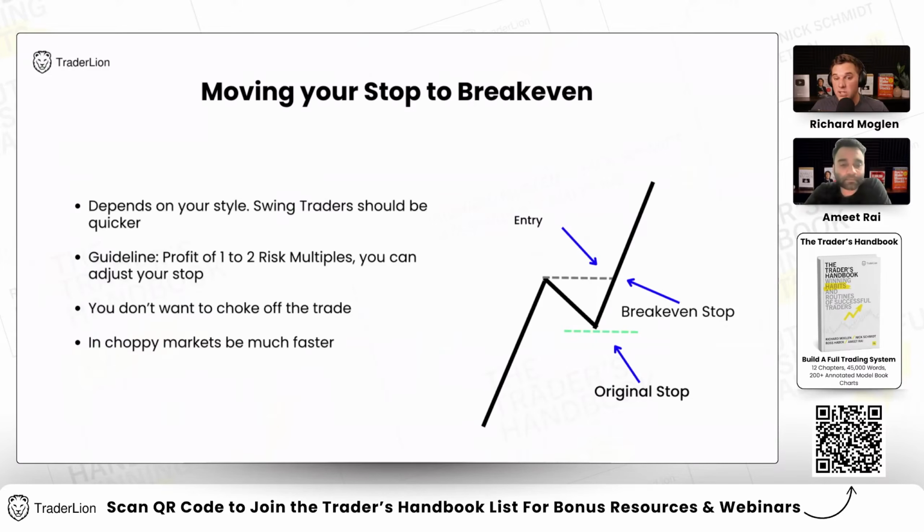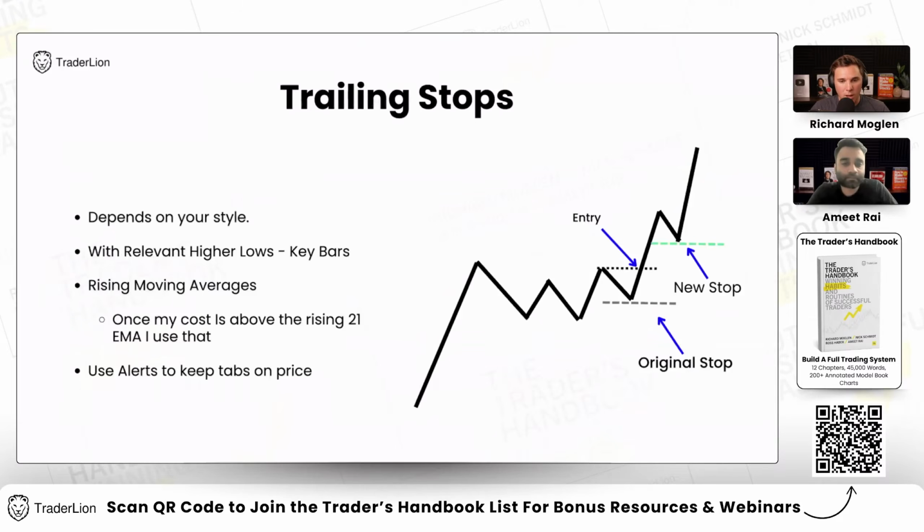And again, in faster markets, choppier markets where things aren't following through, very volatile environments, you can be a little bit faster with this. But you don't want to choke off the trade by moving it up too soon. You want to give it a little bit of room to work, because sometimes the stock might not break out the first day when you expect it to, but it might recover and re-break out the next day and follow through. So yeah, in choppy markets, just be a little bit faster with moving up to break even, and you'll kind of learn and gain a feel for this, when that's appropriate, when it's not appropriate, by going through different market cycles.